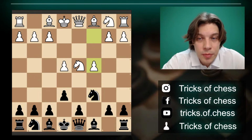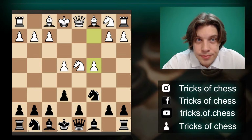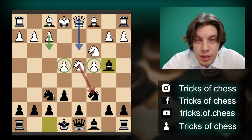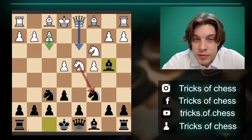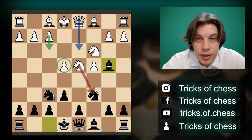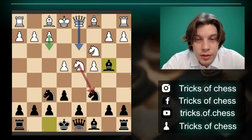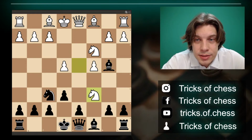What if they choose Maroczy bind, c4, knight f6, knight c3, and bishop b4 in this position. There are three moves against Maroczy bind, three moves in this position white can play. f3 to support the pawn, which is now hanging, queen d3 to support everything, and knight c6. In this webinar we are going to cover only this one, knight takes c6,